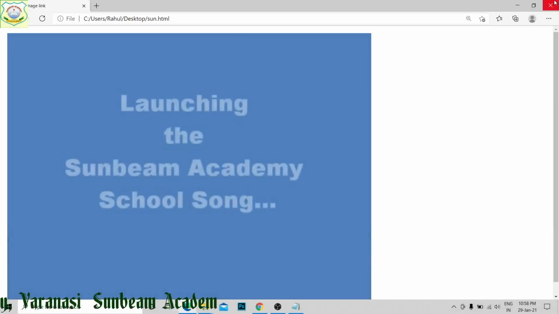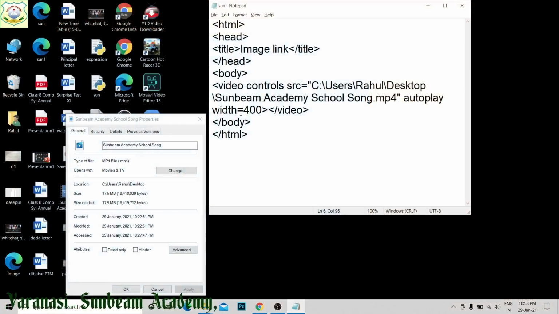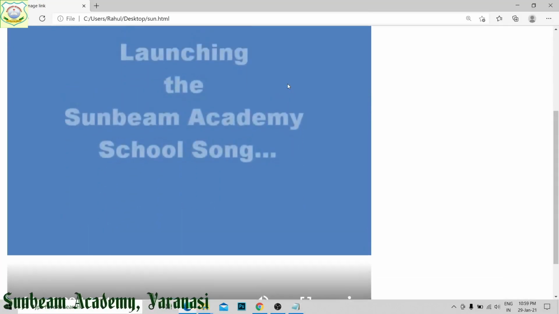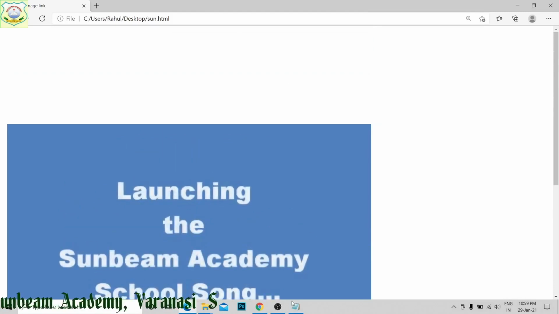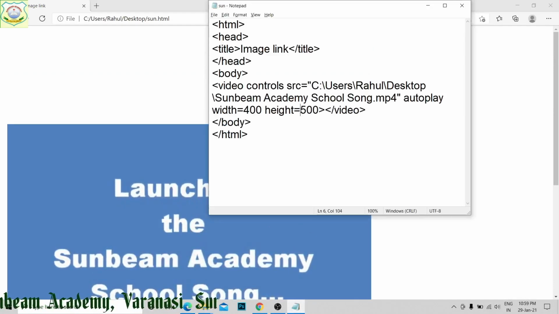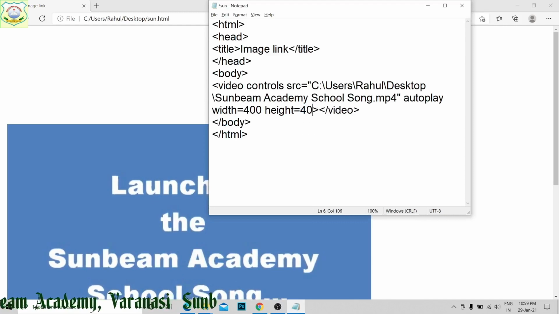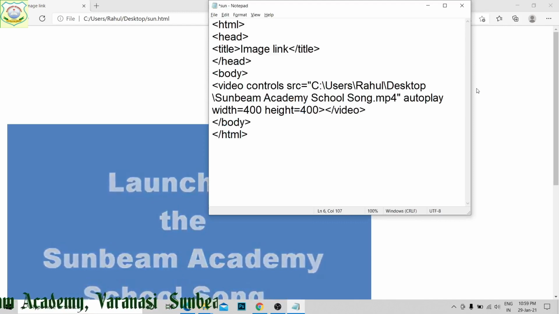What you will see? The video player size has decreased, and its height I also want to decrease. Then I write height equal to, suppose, 500. Now run this file. You can see this has come in this format. Again, I am going to decrease its size to 400 and save it.